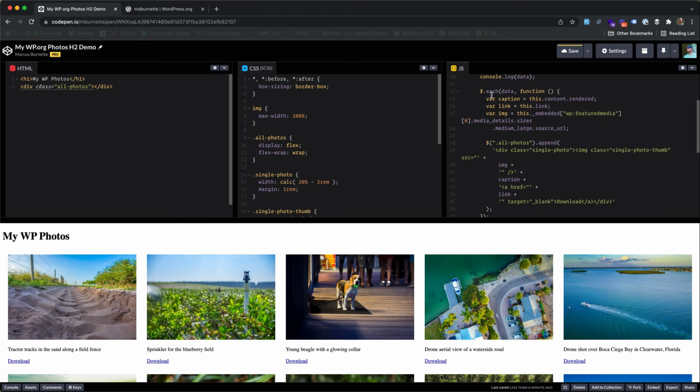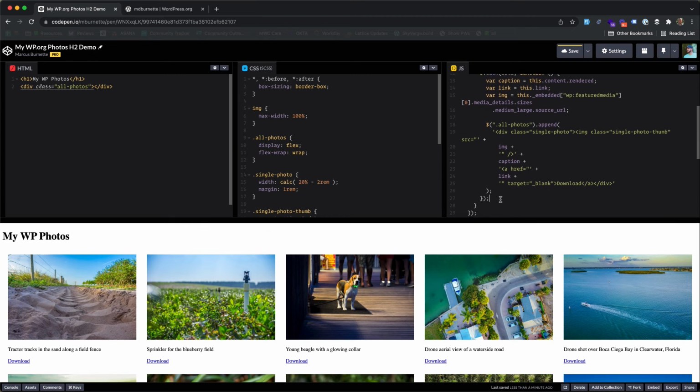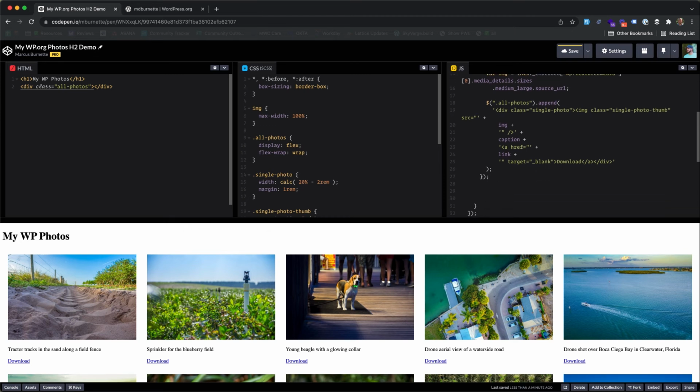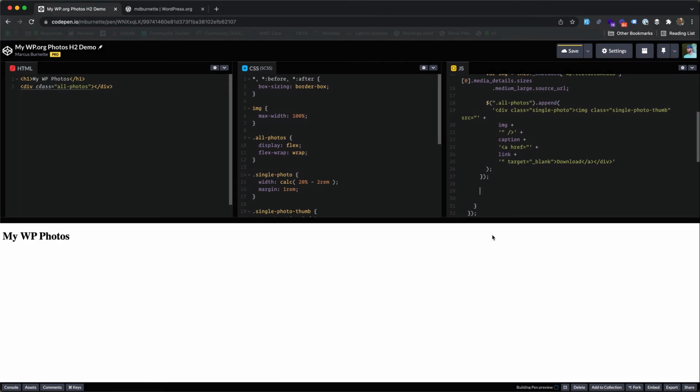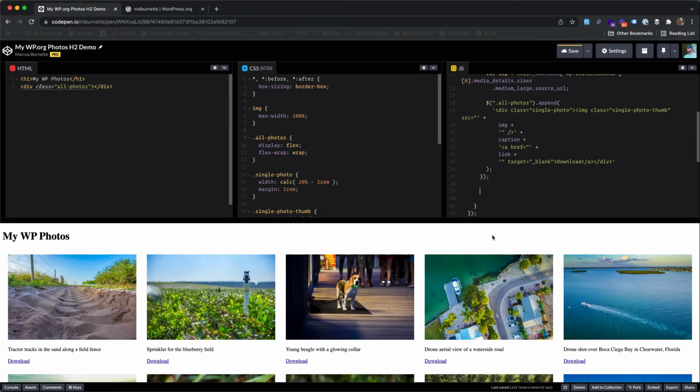But when we get after this each here, we've got to do a check and see, did we hit 10? So let's say there are 85 photos. It'll hit 10 8 times, and then on that 9th time, the length of the array will be 5. So then it won't pass the criteria of running again. So let's say if data.length is equal to 10,